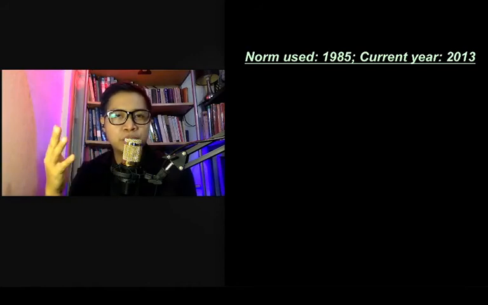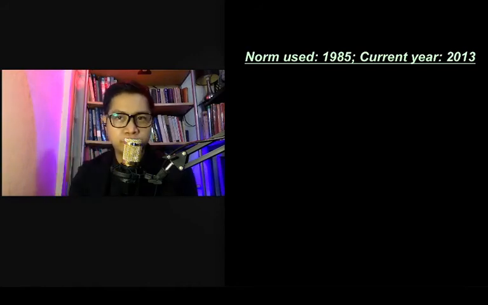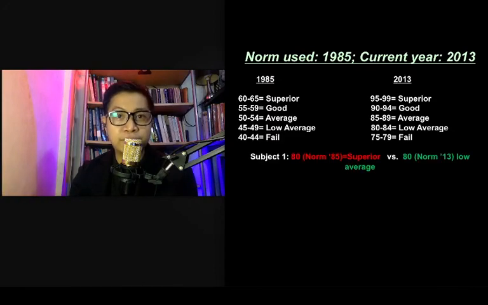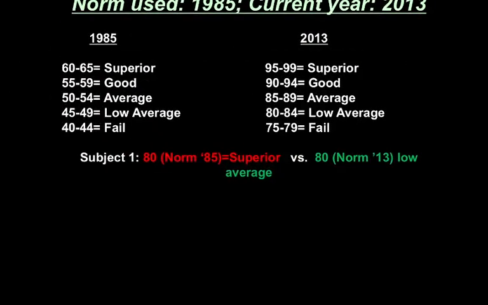Now, given that illustration, tignan mo mangyayari kung matigas ang ulo mo at hindi mo ina-update yung norm mo. You are using an expired norm. Let's say it's already 2013, but you are using a 1985 norm. Student 1 takes your test, he gets a score of 80. I-interpret mo ngayon yung raw score ng 80. Pero ang tigas nga ng ulo mo, ang ginagamit mong norm is 1985. So what happens? That 80, you will interpret it as superior.